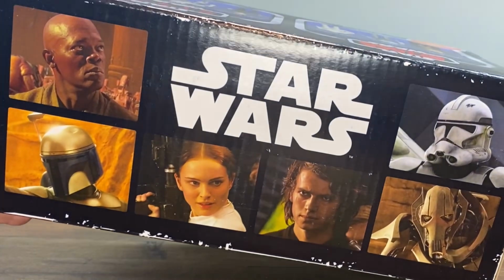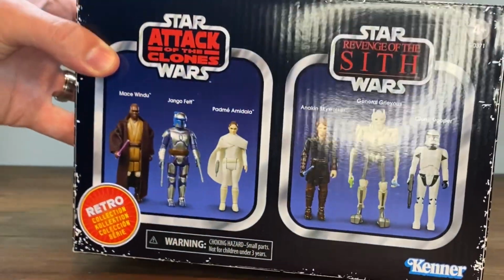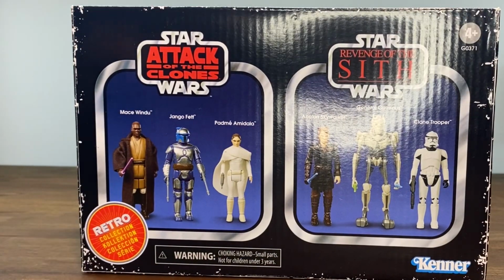You get all the characters, just some photography from the films up top, and then you have all of the action figures on the sides. So this box is a little thinner than the other box sets that we've gotten. I'll go into the reason why in just a moment, but we have out of this set for Attack of